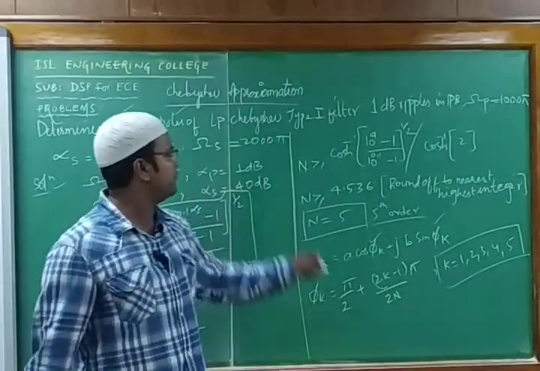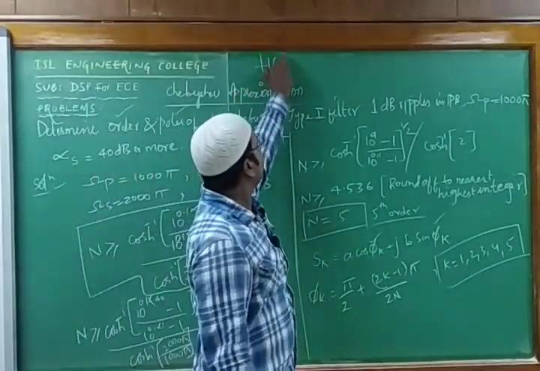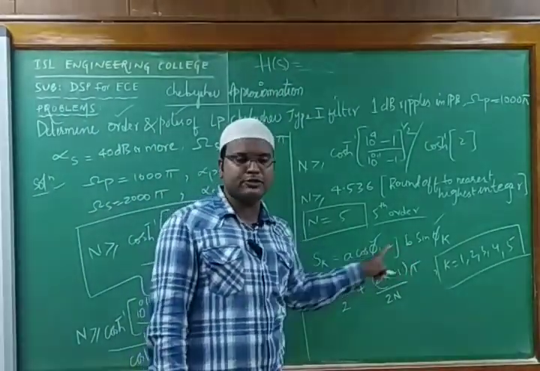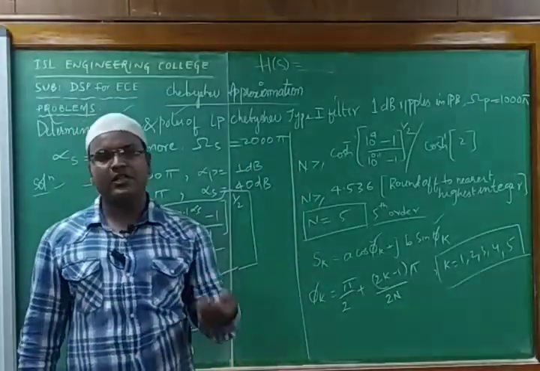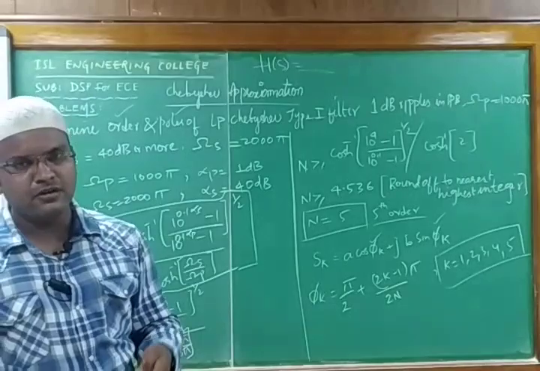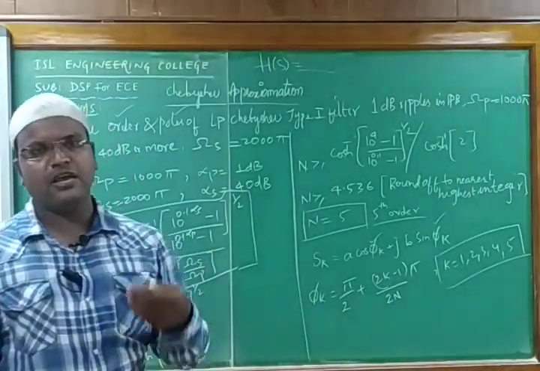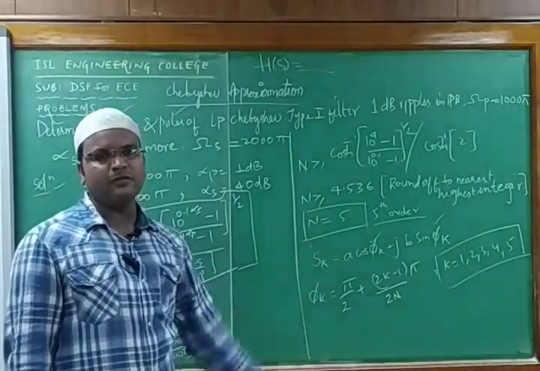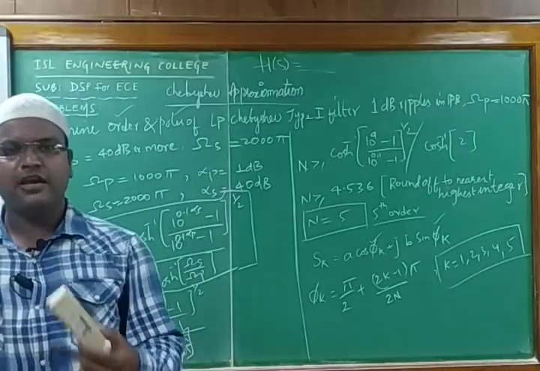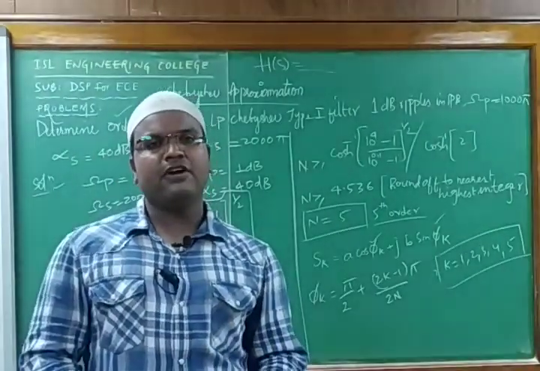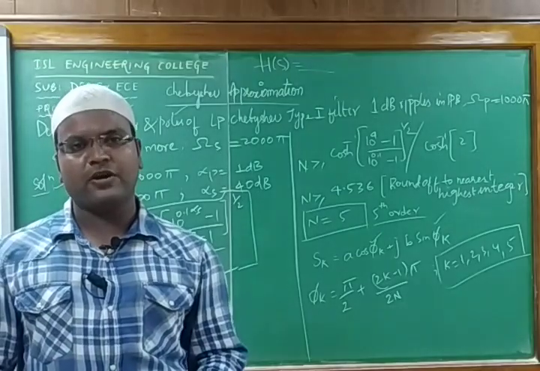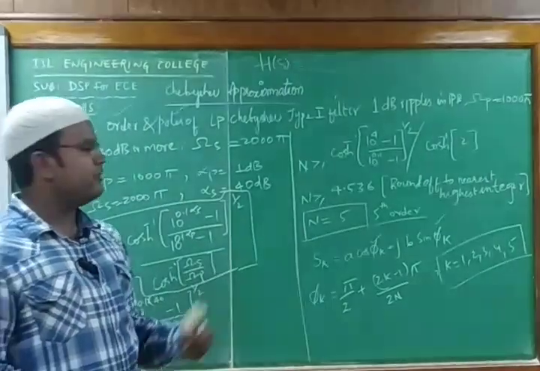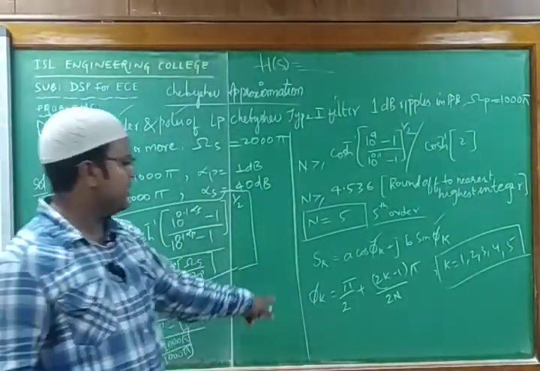Here we are not finding H of s, since in the previous problem we found H of s. To get H of s, we took the a value and b value, substituted them, and checked whether n is even or odd. For n even, we found the numerator and denominator. The numerator is S1 times S2; we multiply these by taking the poles into consideration. Likewise, to get the numerator, we divided 1 by root of 1 plus epsilon square. In the last class, we did one problem and found the transfer function. In today's class, we just want to find the value for poles.